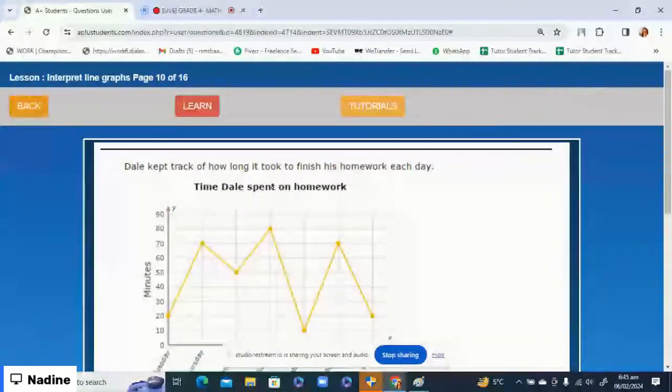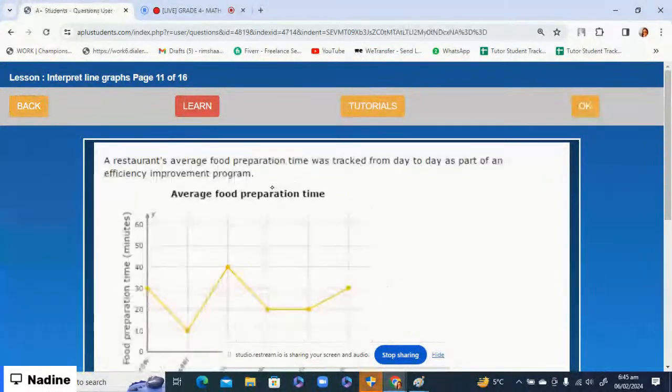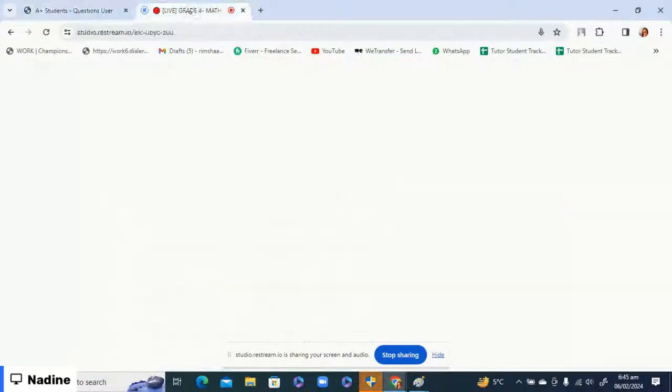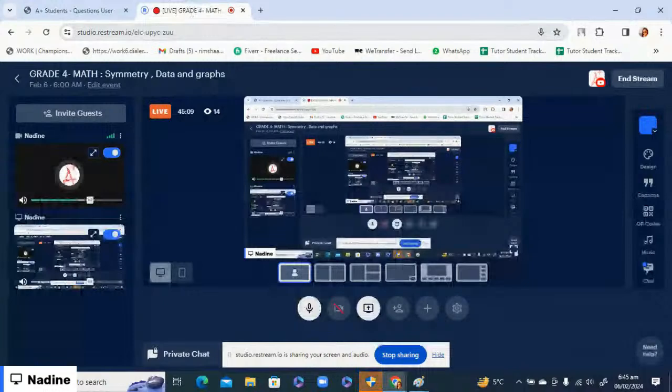All right. So today we discussed two chapters, symmetry and data and graph, and we only did the first two lessons of data and graph. Before starting the next session, make sure you understand all the previous lessons, and if you still need help in any lesson or chapter, you can contact the tutors